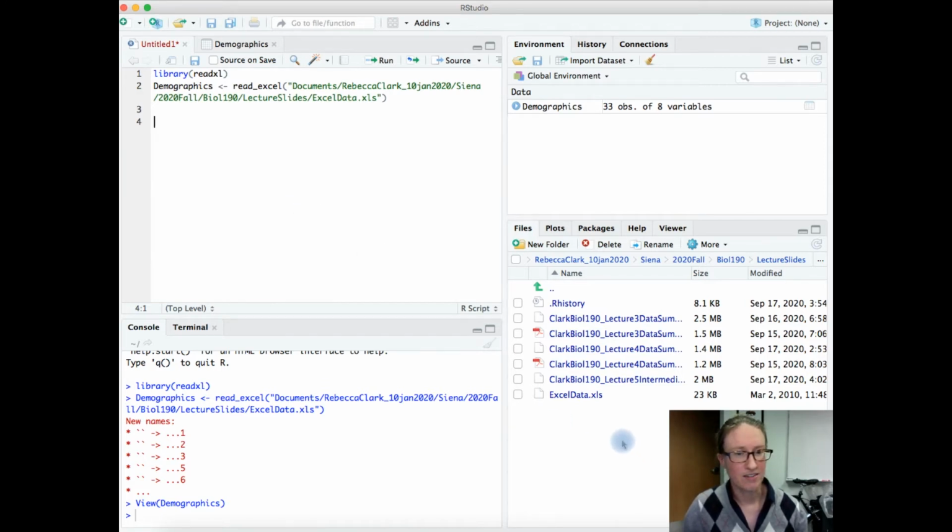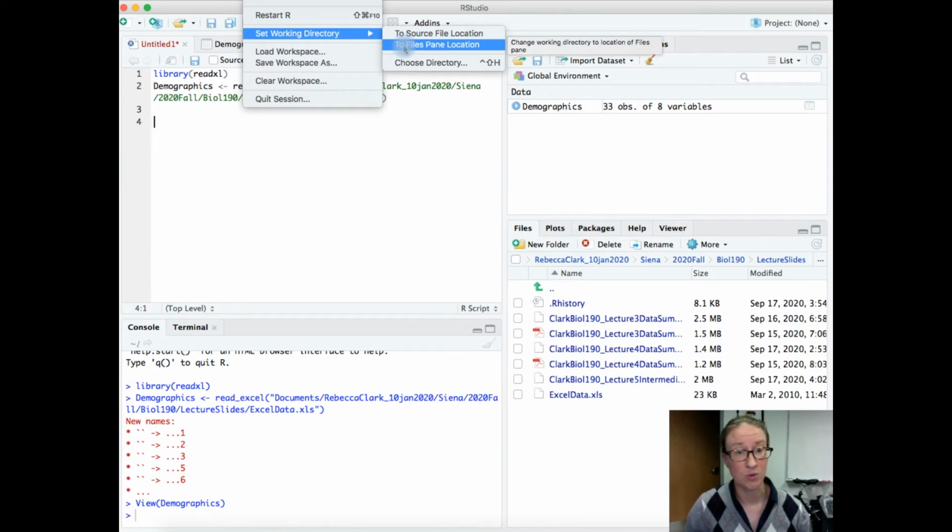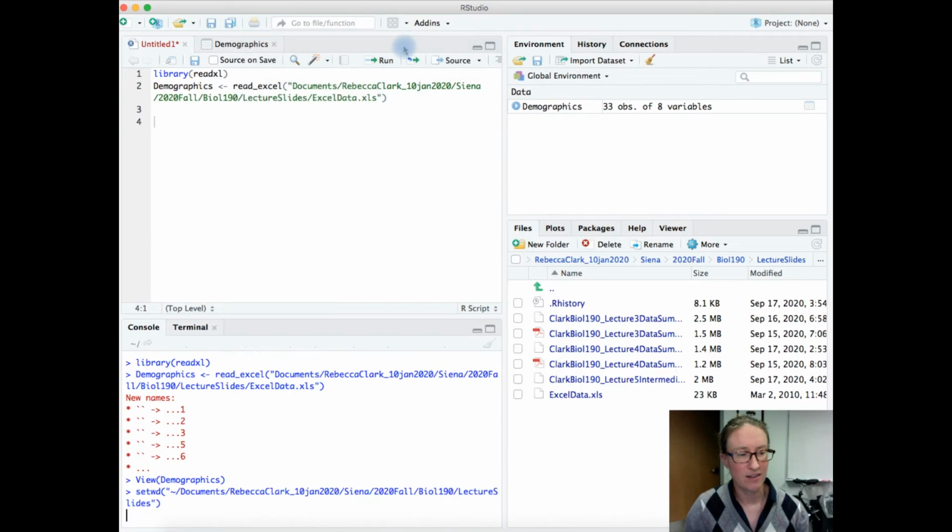There's a nice way to do that, which involves going up to check the session window for RStudio. It's off screen here, but at the top of your screen you should see a session window. And then you'll see an option to set your working directory. And we want to set that to the Files pane location, which is where we've currently navigated to. So I'm going to click that, and that's going to also put another line of code down here, the setwd